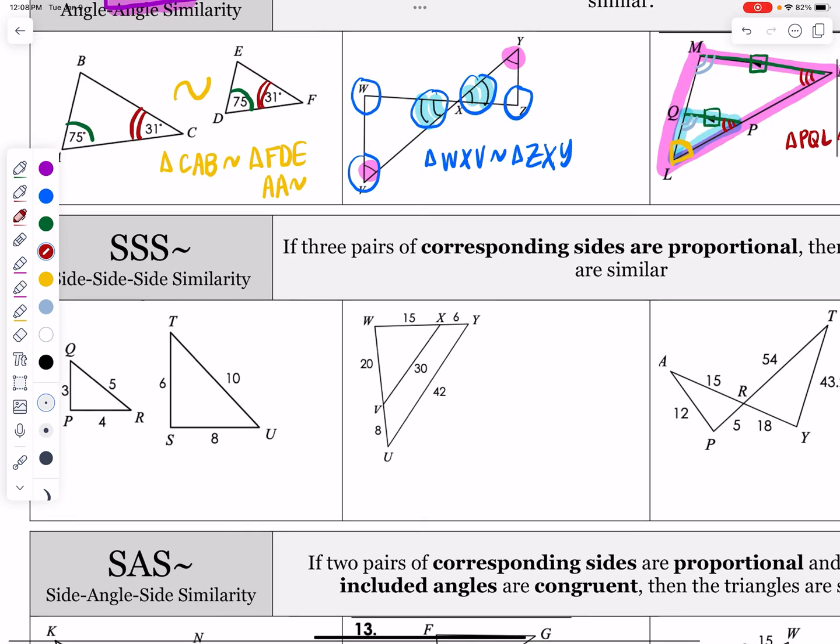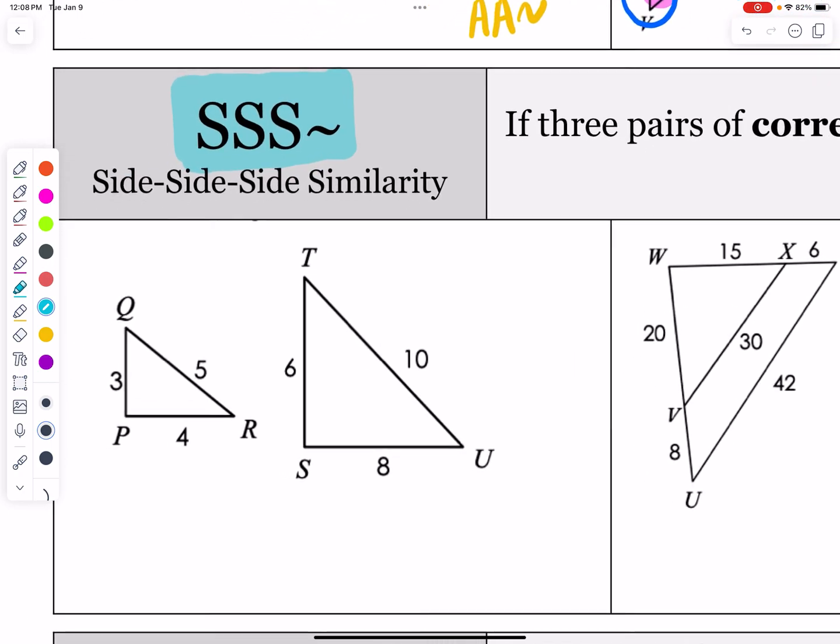So what is side-side-side? How is that different? Instead of having to check the angles, it's also sufficient to just check the sides. If the sides are all proportional to each other, that means the angles end up matching, and then you're able to prove the shapes are similar. I've got three sets of sides here. I'm going to highlight them. 3 corresponds to 6, 4 corresponds to 8, and last but not least, I'm going to use a different color,